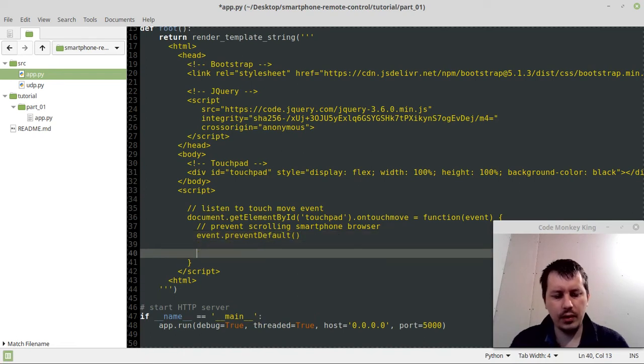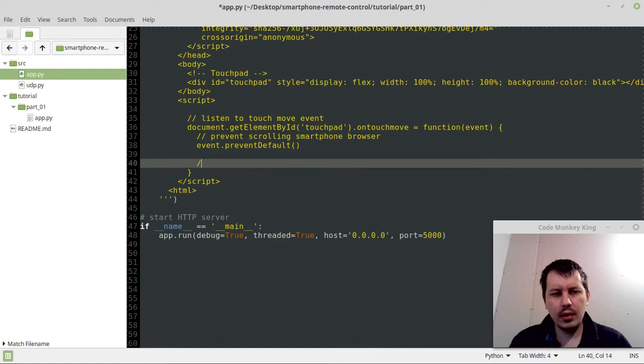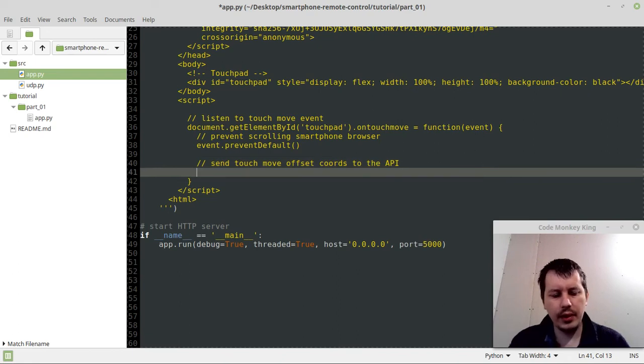This should be fairly enough. And then the essence is going to be to send the touch move offset coordinates to the API. So here I can simply say